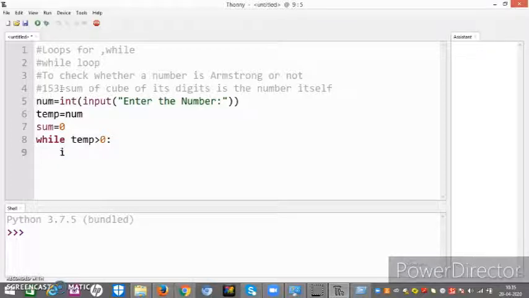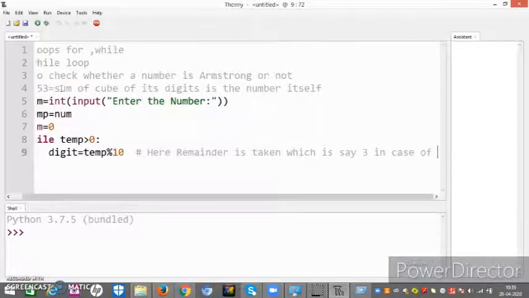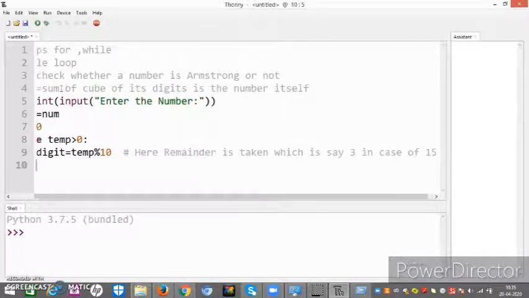Now I will take a variable called digit, which should be equal to temp modulo 10. The modulo operator is used for the remainder, which is 3 in case of 153.